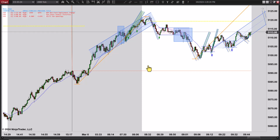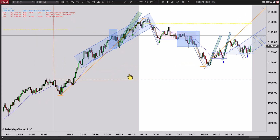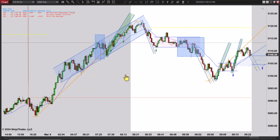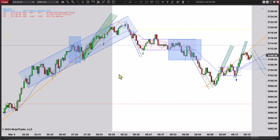But you still have to be aware of it, and you still probably want to be flat because you don't know when it will have an effect. If stuff like this didn't affect the market very much, I didn't worry about it too much. But lately, with all the economic stuff going on, and we've had a little more issues, I've started to pay a little more attention to it and be flat for it. Eventually, we may get to the point where it doesn't matter again, but we're not there yet. But anyway,